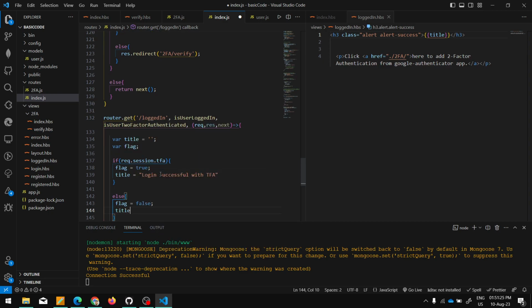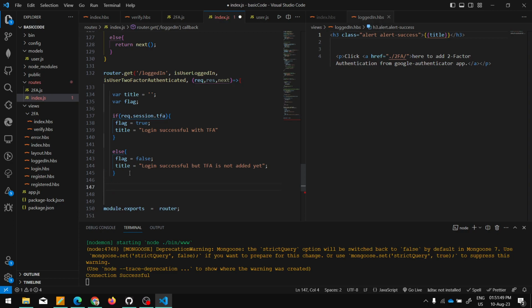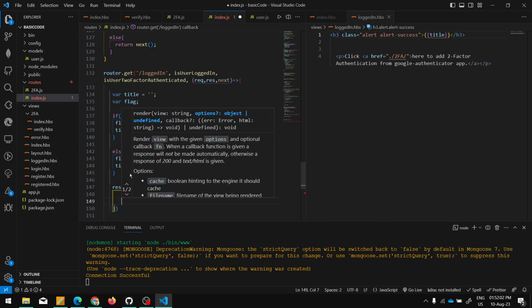and title to login successful but two-factor authentication is not added yet. So I will let you know what is the use of this. So I am going to render here to the logged in and passing some argument